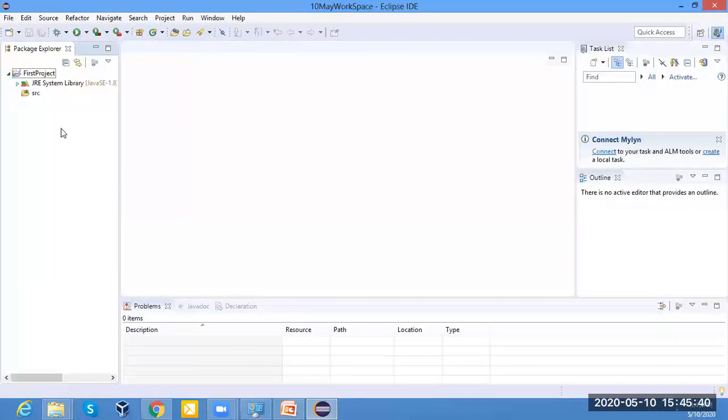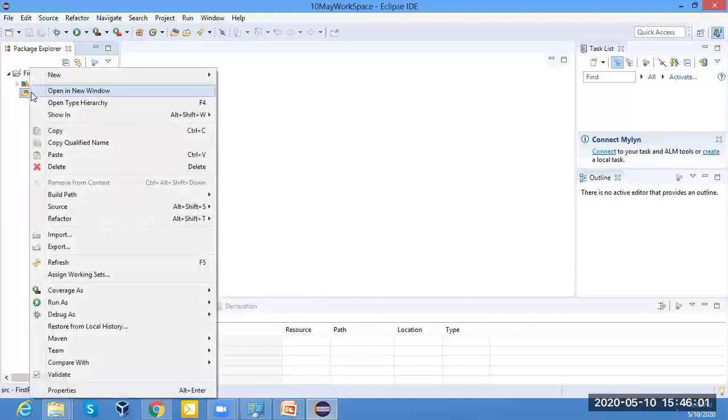If you want to create any package, select this src folder. How can we select the folder? Just click over the src icon. It will be selected automatically. Whenever something is selected, it will show a blue highlighted background. Click on this or right click. Click on new, select new.